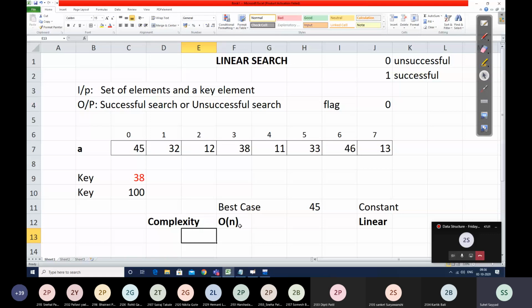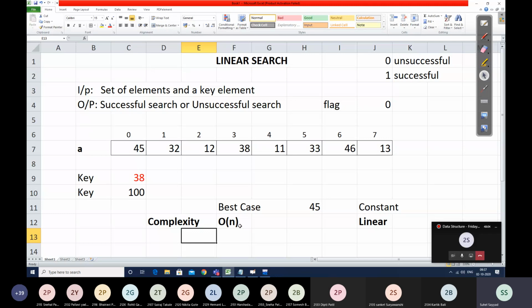Okay, now coming back to our linear search. As I told you, the complexity of linear search is n, that is, linear in nature. Now the next question is whether we can reduce this complexity, because if we reduce this complexity, our solution will be more effective, correct? So do we have any other technique which is more effective than linear search? The answer is yes. As I have already told you, we are going to study three types of searching technique: linear search, binary search and hashing.